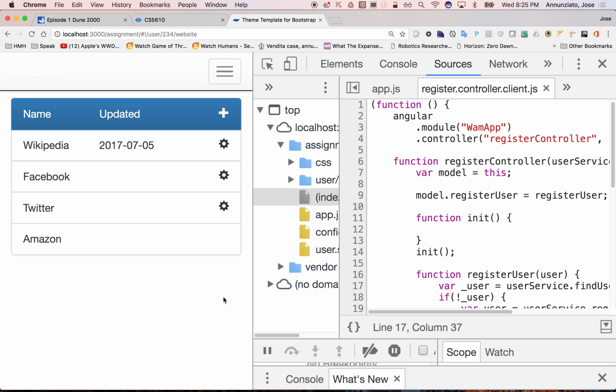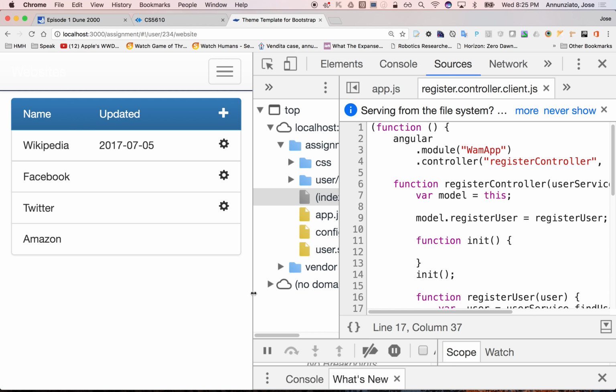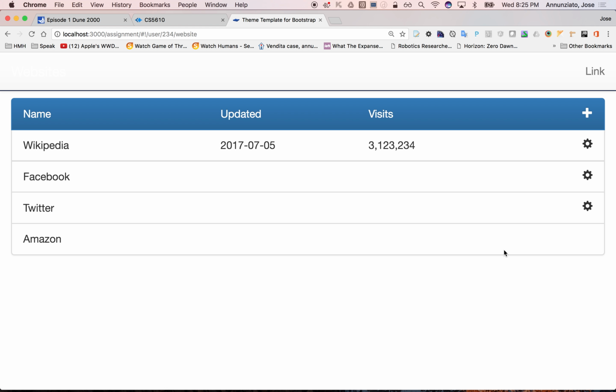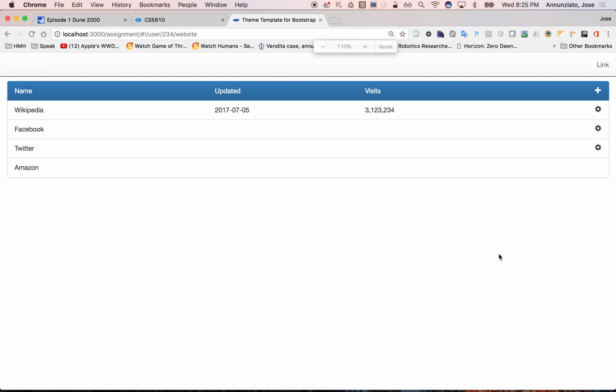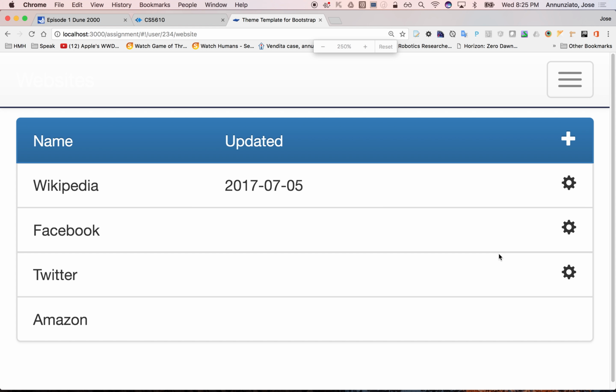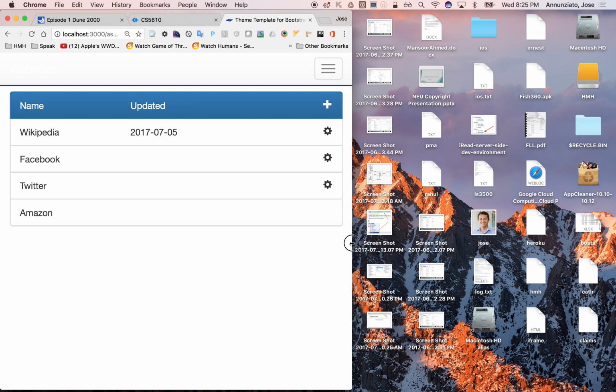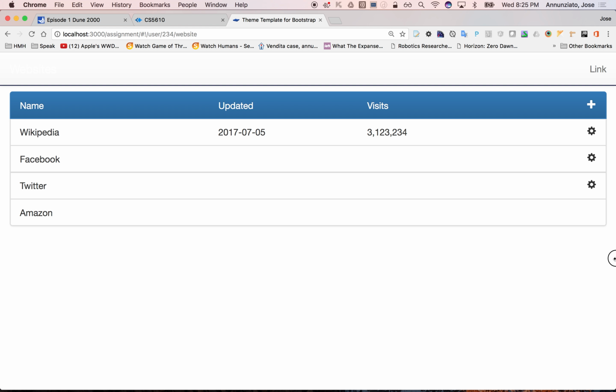There it is. We are currently in the list of websites, which we worked on last week, right? This is what we worked on last week. This is the list of websites that is responsive. It becomes smaller and smaller as columns disappear as it becomes smaller, right? This is what we did. But this is not